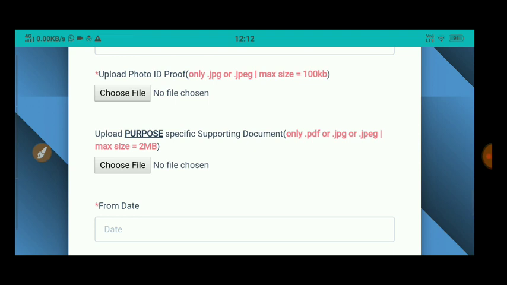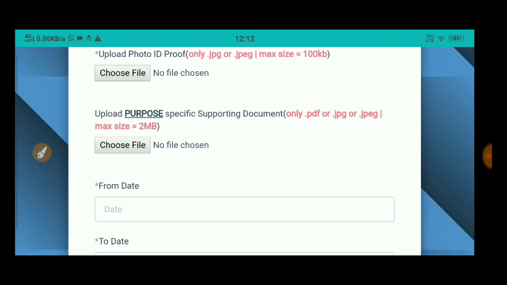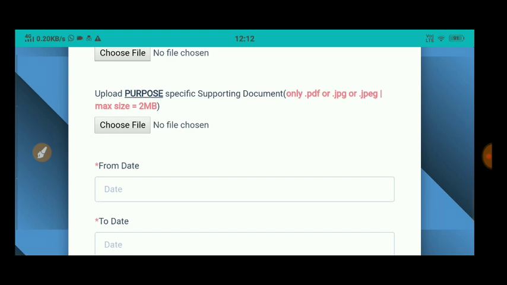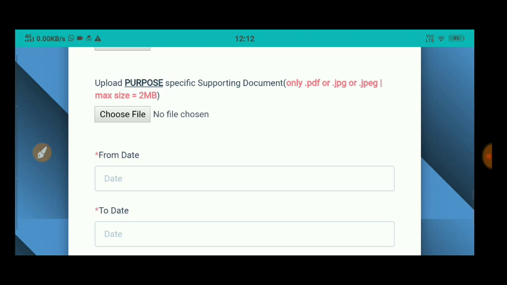Then upload purpose and specific supporting documents, like the e-way bill of your goods vehicle or something else. If you work for any medicine supply, you have to give a file for that supporting document.